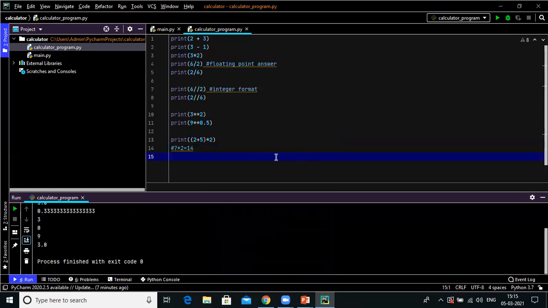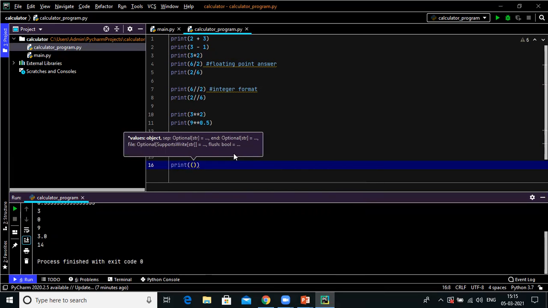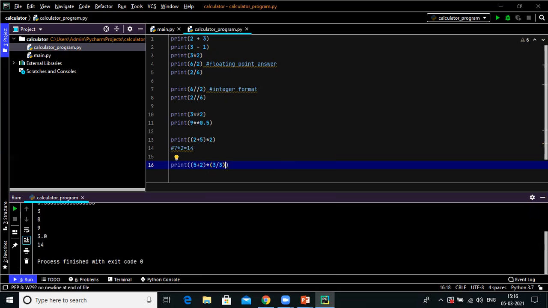So just run it here. What is our answer? Yes, this is the answer, 14. Now if I'm taking a long expression just like this: 5 plus 2 into bracket 3 divided by 3, minus 1.